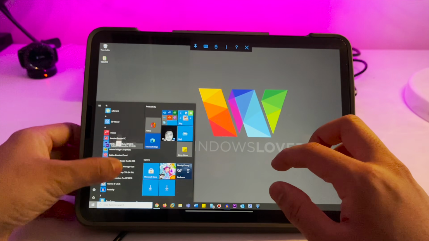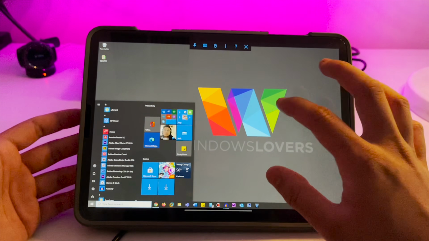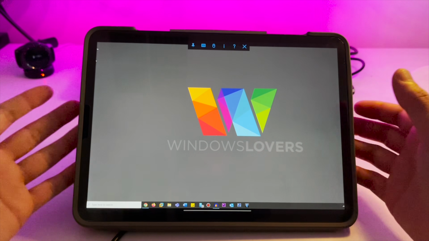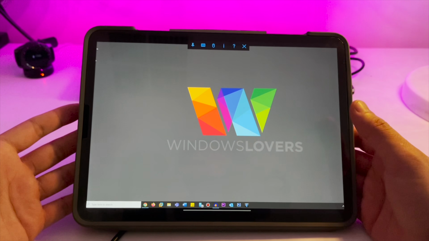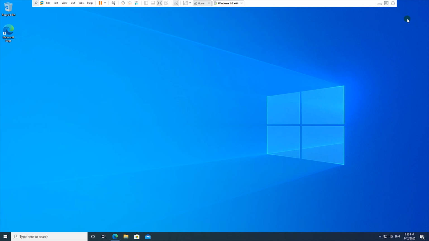So I usually have a keyboard and a mouse connected while I decide to use my VNC Viewer to connect to my laptop if I'm sitting on the couch or if I'm not at home.